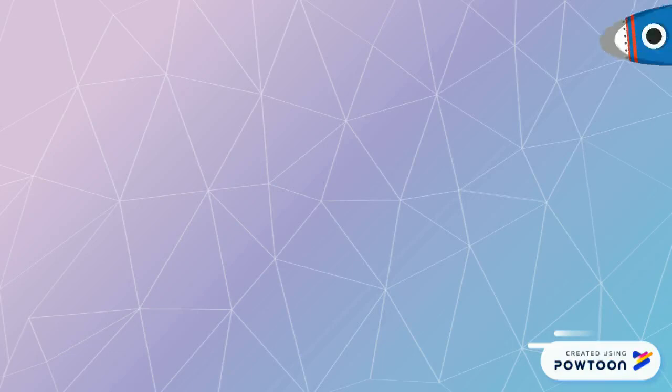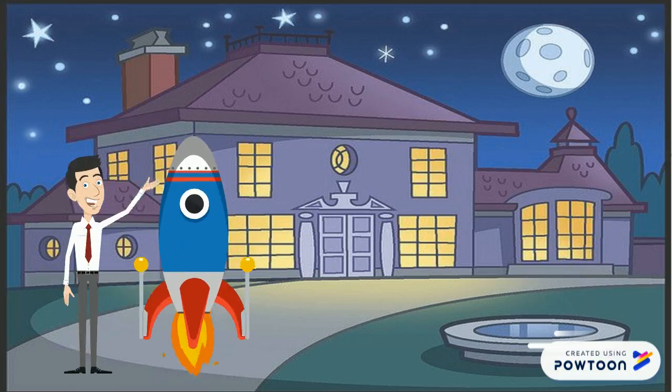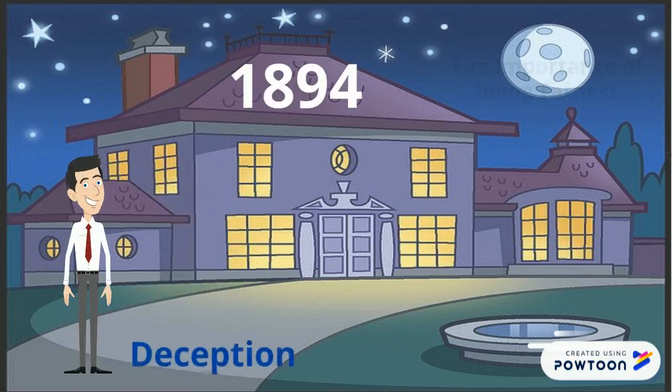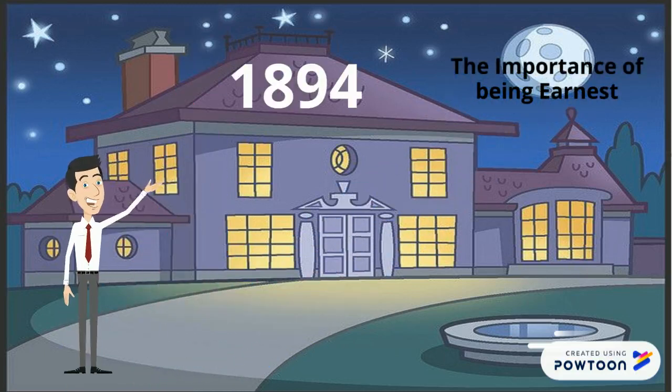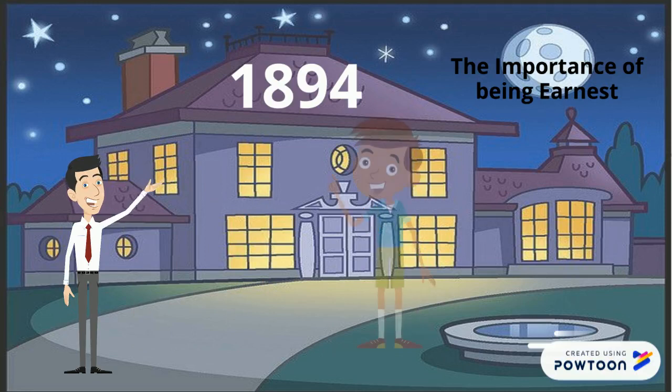We will trace deception in the story of The Importance of Being Earnest. So we travel to 1894 to trace deception within the story of The Importance of Being Earnest. We can see that deception takes place from two of the main characters, one of which is Algernon, Gwendolyn's cousin